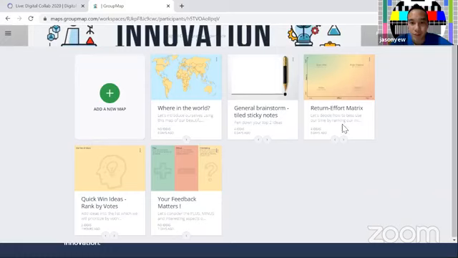Then after that, we'll move on to the next map, which is more like a brainstorming map. It's just a quick simulation. Throw your ideas onto this map. And then we'll plot that out against a return effort matrix, which I'll go through later. And then we'll identify together quick win ideas, because we really need to turn this over, save this company. And the last map is more to collect feedback from yourself.